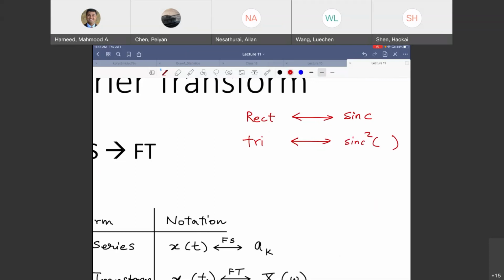You see that? All right, next, trapezoid. So I have a trapezoid in one domain. I don't know which domain, maybe time, maybe frequency. What is it looking like in the other domain? The two sinc functions, exactly. Right? Because it's not sinc squared anymore. For those, it was sinc squared because there was the same rectangle getting convolved.